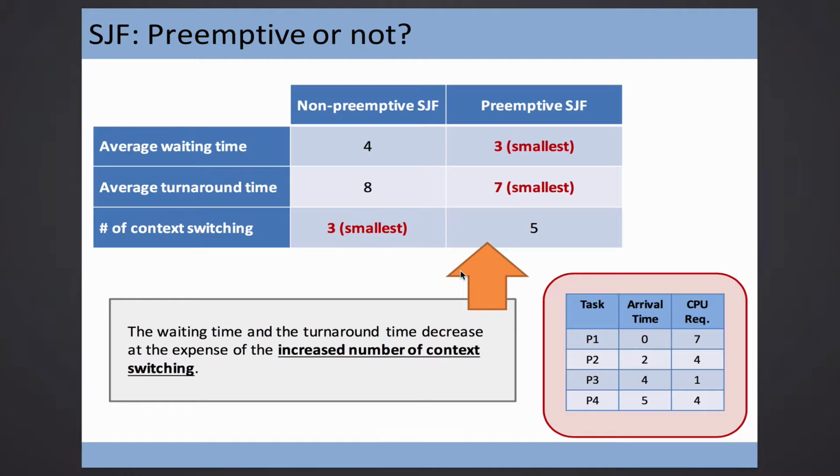But if you go to the preemptive version, actually you have a better performance. On average, you are happier, okay? Because it seems that I've received a very short assignment. Let me kill it first, okay? It's very human, right? Very just like you guys, okay? Someone gives you a very easy assignment, you do it first, okay? Ignore the OS assignment, huh? Okay? Then how about the turnaround time? Turnaround time is of course better, because let's say there is an assignment with a very short time. You don't put it into waiting, and immediately finish it, okay? So yeah, you will have a shorter turnaround time on average, okay?